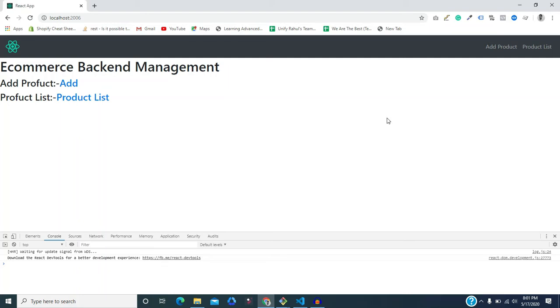So in the previous video I talked about how to set up a project. Basically I published this project on GitHub. You can download this and set up, and I also showed you the process of how you can set up and some of the dependencies required, and how to use those dependencies to make this application work. So I believe that you have already set up. So let's move to another episode.